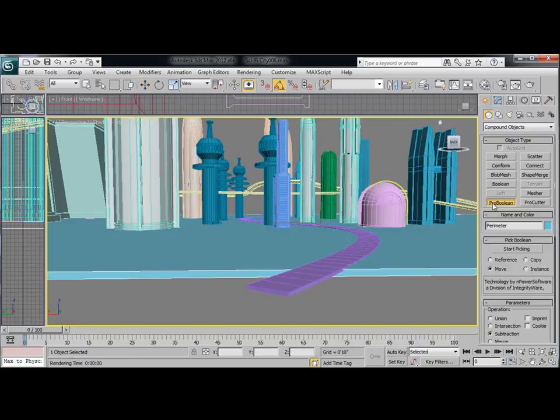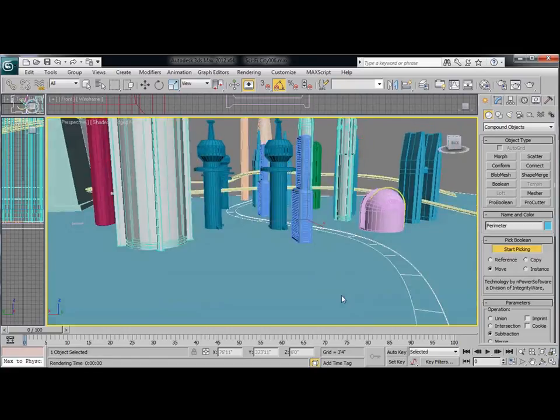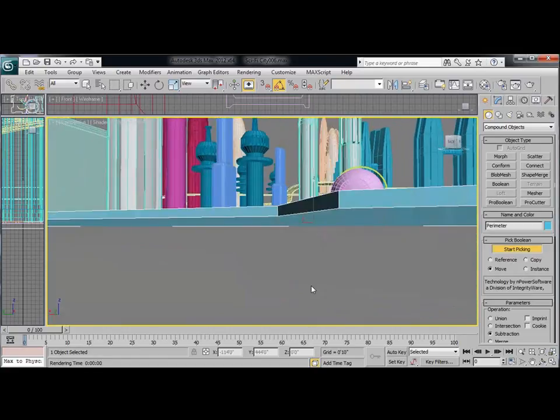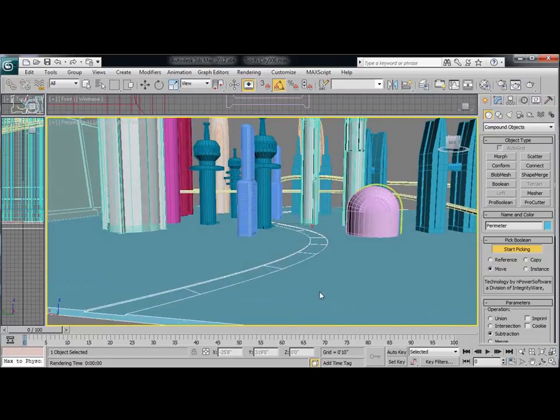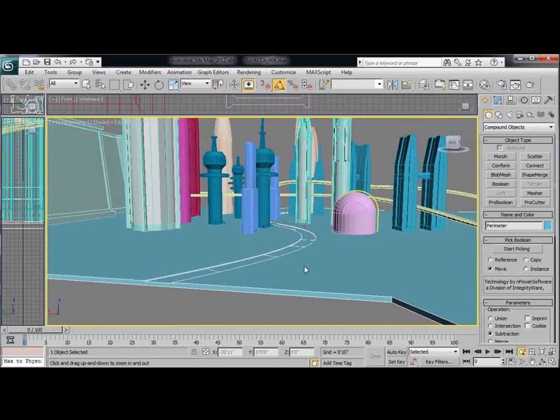Click on Pro Boolean, and this time, instead of union, we want subtraction. Okay, start picking, and then click on the ground level road, and there we go. That's our road cut, and it's going to be a little bit more dramatic even later when we add the